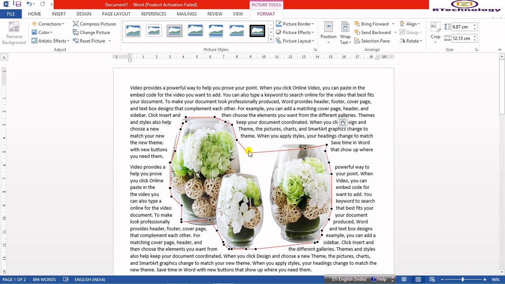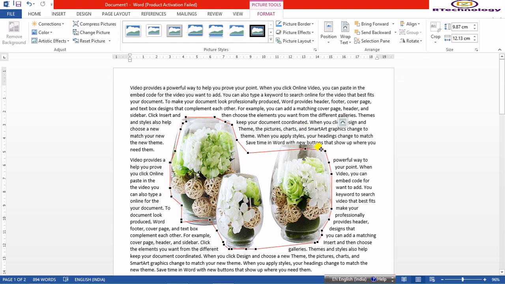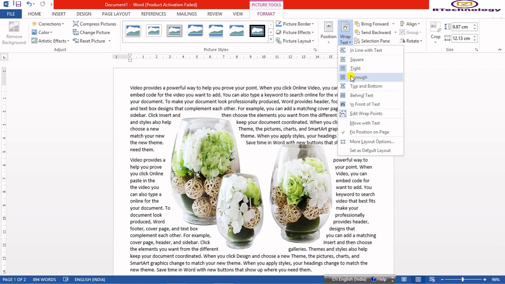For this option you have to choose an image that does not have any background. Only then can you allow your text to enter in the wrap points. If you want your text to run in between the picture also, then you have to choose this through.